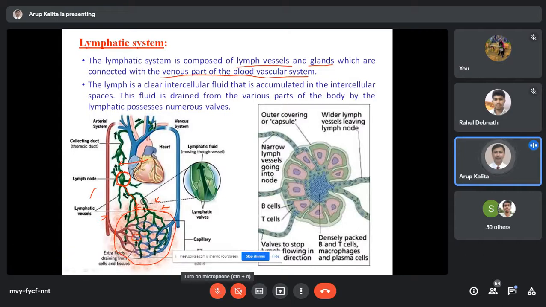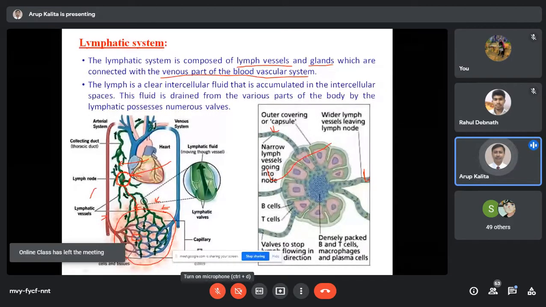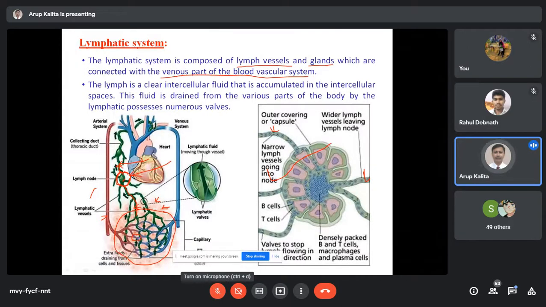Now this is the lymphatic gland. Now here in this photograph you see, this is the lymph gland. This is the lymphatic vessel. Now what will happen? In this lymph, from this side the lymph is coming and enters this gland. And from here, the lymph will be going out of this gland. So this part is called the afferent lymphatic vessel, and this part is called the efferent lymphatic vessel. Understood or not?